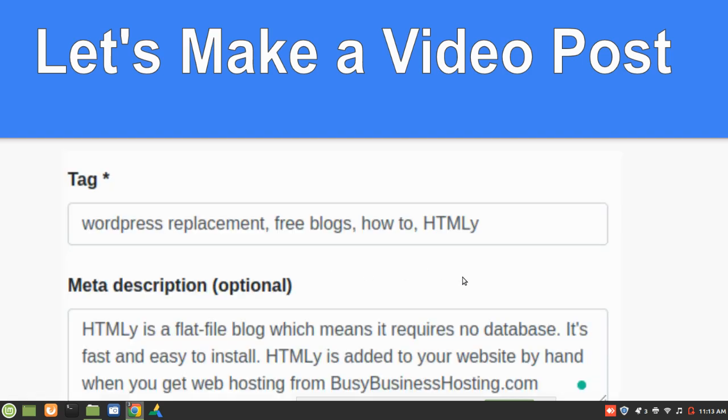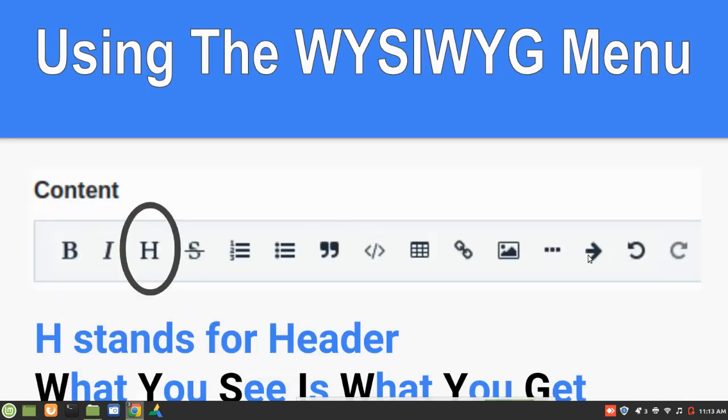Okay, then you can add some tags, and those are mandatory. Tags still help a little bit with search engines, so go ahead and use those, and plus the program requires it anyway. Okay, now with